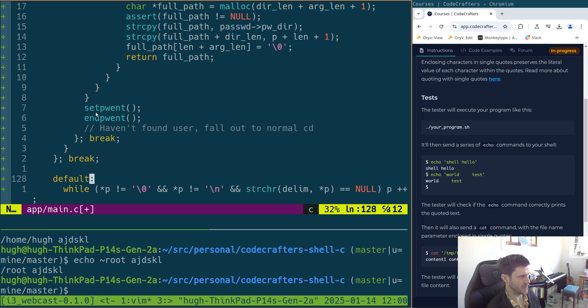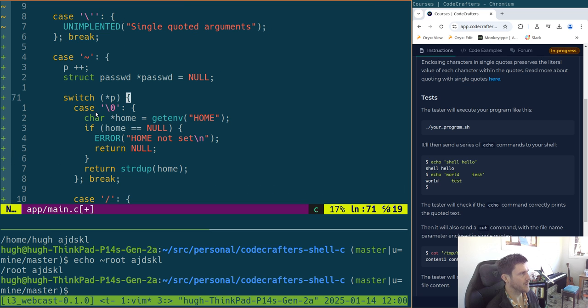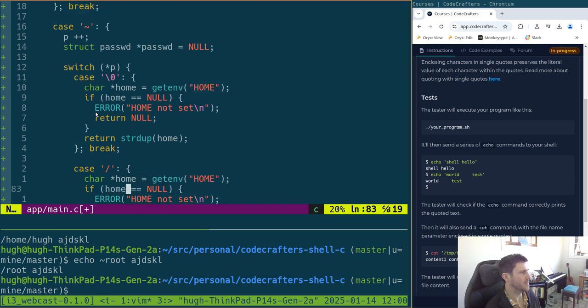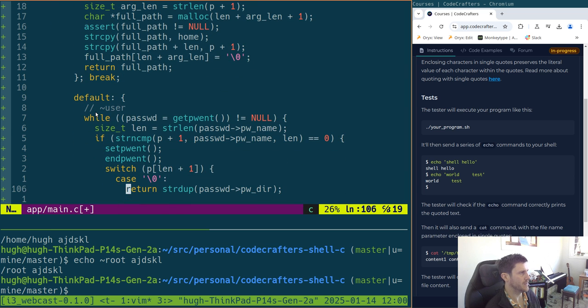Otherwise, we are breaking out, and we will just return the whole thing. So we've taken the pointer to just after the, I think in